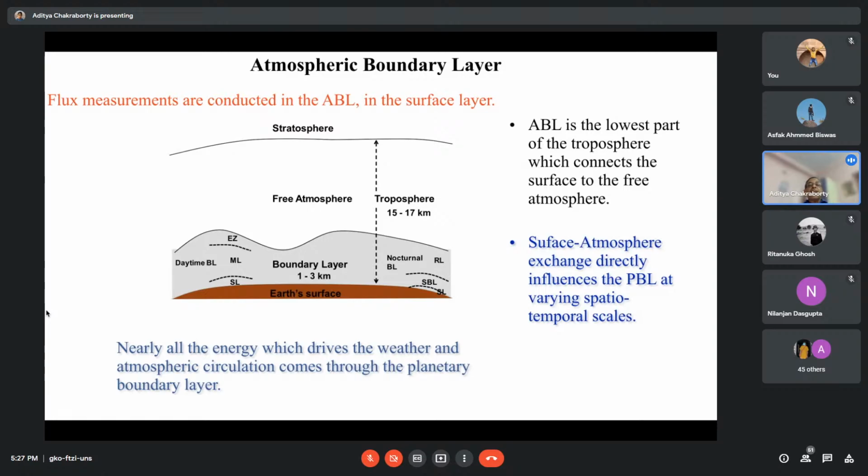But this boundary layer height varies. Actually, it varies on a diurnal scale. For example, during the night time, this boundary layer comes down close to the surface, and in that process, it traps the pollutants. But after the sun rises, this boundary layer slowly expands, and since the turbulent mixing process becomes high, the boundary layer will extend, and in that process it actually controls the mixing process.